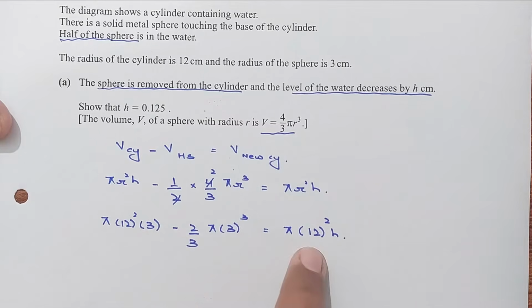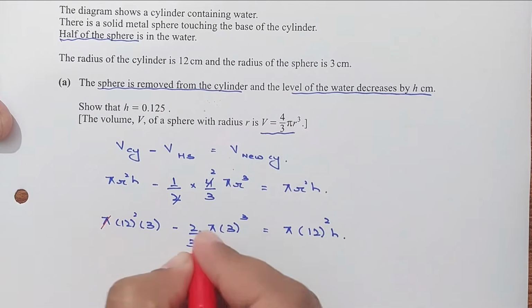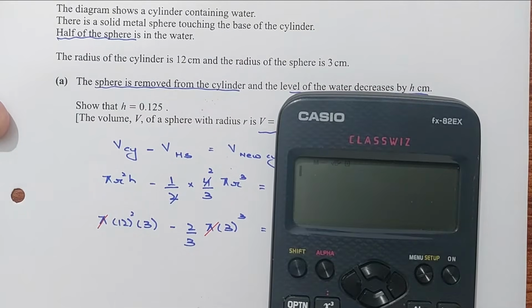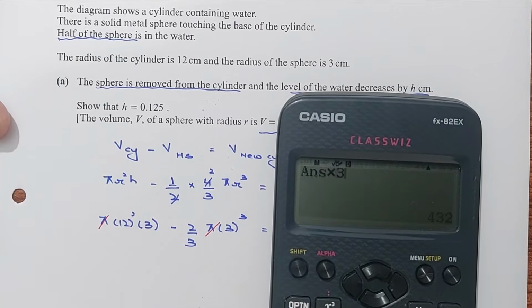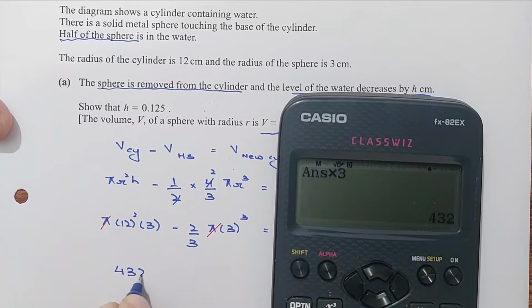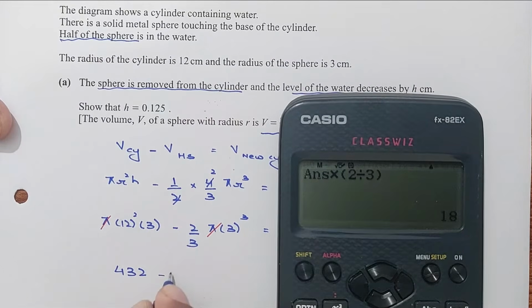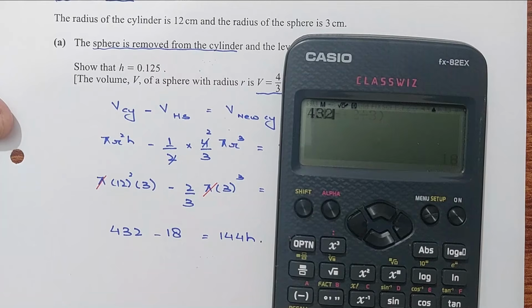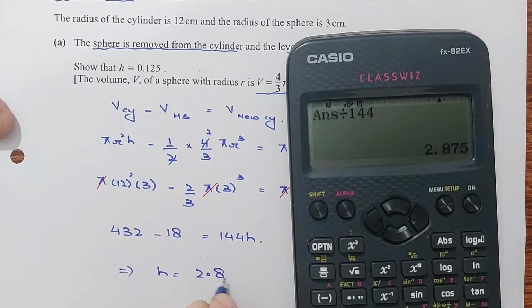Okay, now let me cancel pi throughout the equation, taking pi common on both sides, and we can easily cancel it out. Further simplification, we have 12 squared times 3 is 432. Okay, 3 cubed times 2 by 3 is 18. Subtract 18, this would be equal to 144 pi times the height, right? 432 subtract 18 divided by 144. This would be the height, which is 2.875